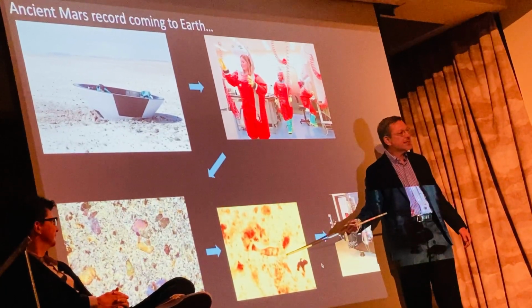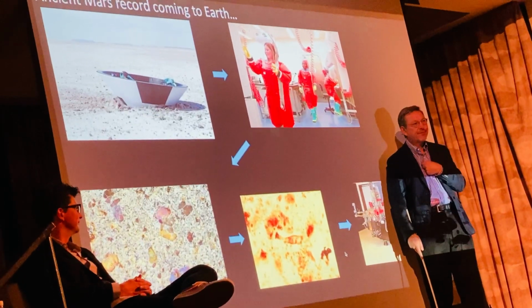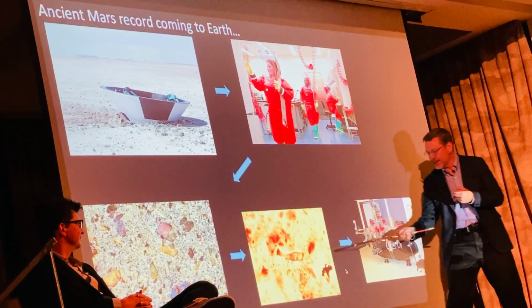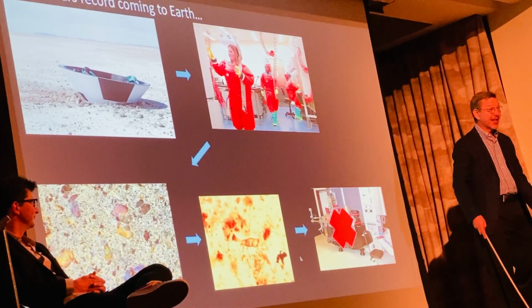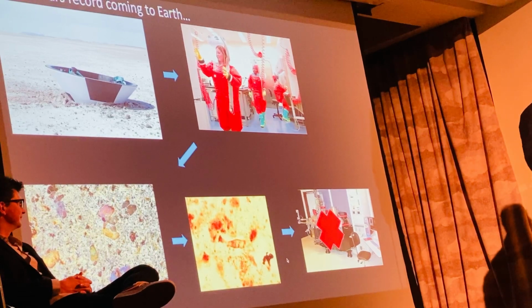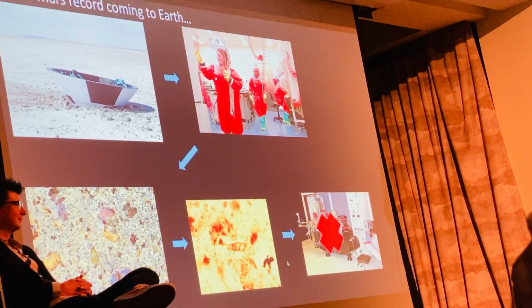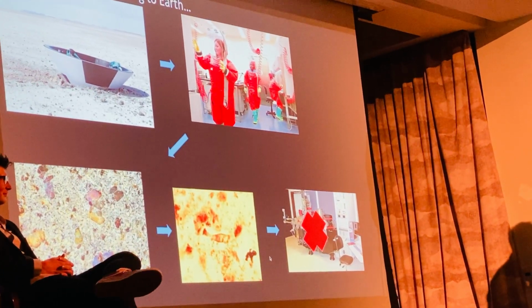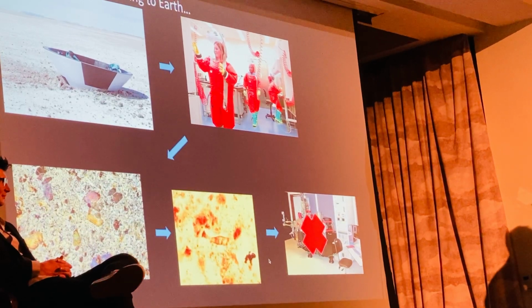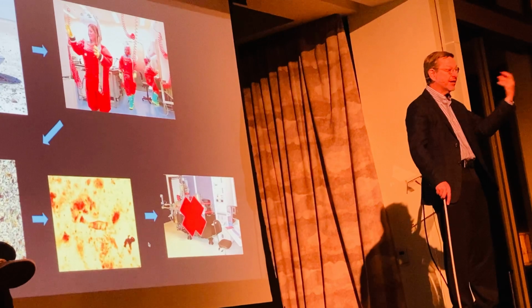Okay, bunny suits, and they pick out the rocks, and then they pick out things that look like this, and we say to ourselves, is that life? Is that not life? What is that? And we bring them to the lab, but you know what? We don't bring them to this lab. You know why? We do not have the technology to pick up rocks and look at them and understand whether that thing from 3.8 billion years ago is life or not life. So we are, at the same time as building these missions that are going there and collecting them back,